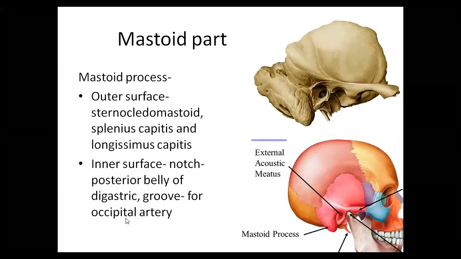See, this is the mastoid process, right? So you are finding there is one depression over here. Okay, so this depression, as though you can keep the stick over there as though it is a rack, is nothing but a fossa for the occipital artery to pass from here. Okay, so that we will see on the inner side of the mastoid process. So on the inner surface, you will see there is a groove for the occipital artery. Occipital artery is one of the branches of the external carotid artery, which we will be learning.